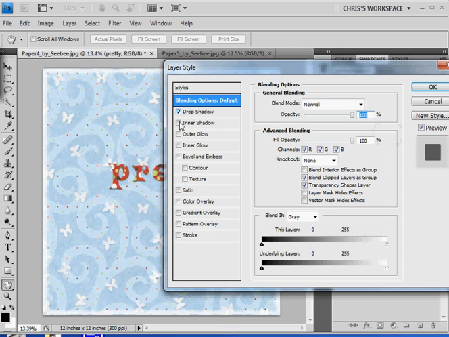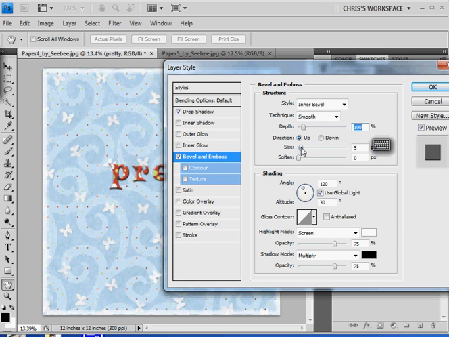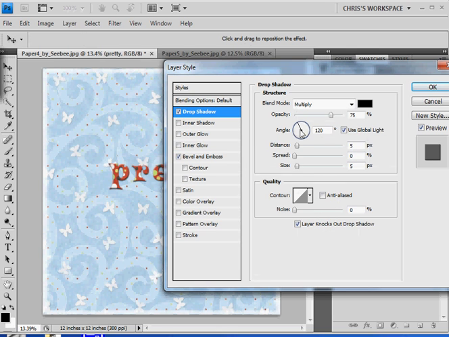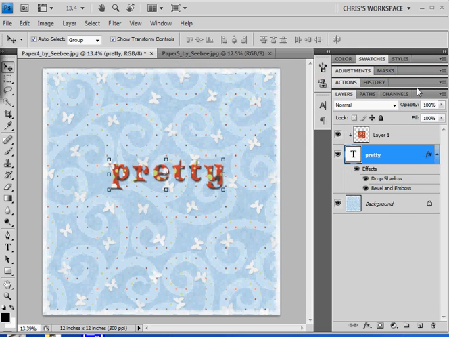So I can just click to get a drop shadow and click to get a bevel, and go in here and adjust the size of these things, maybe pull that up a smidge, and then pull the opacity down a bit. Just play with it to get what you like. Click OK, and there you go. We're pretty much done. And as I say, the absolute best part, and something that is so much easier than